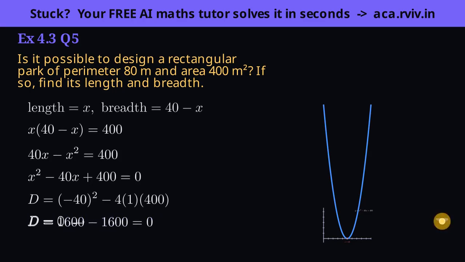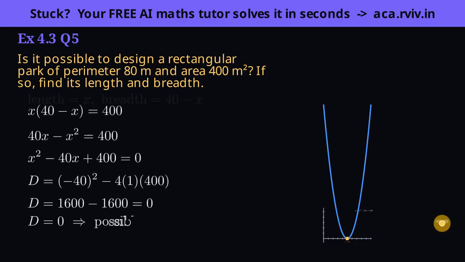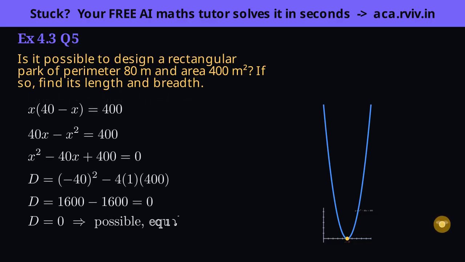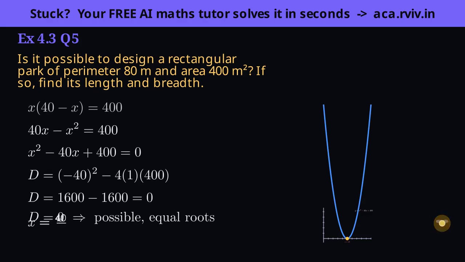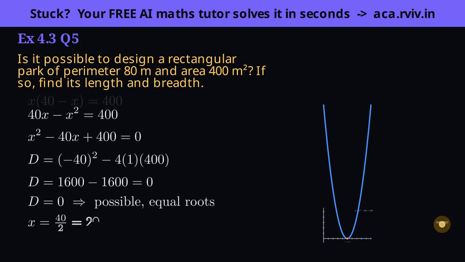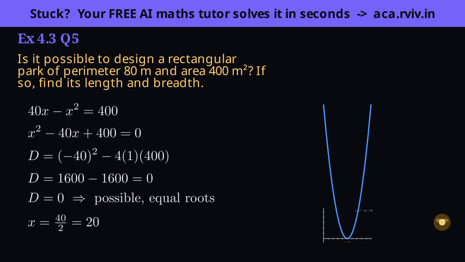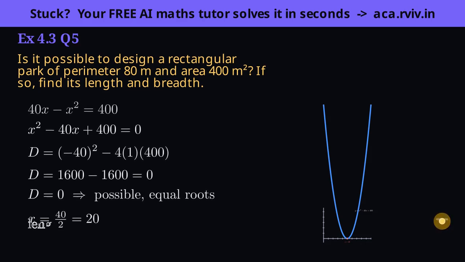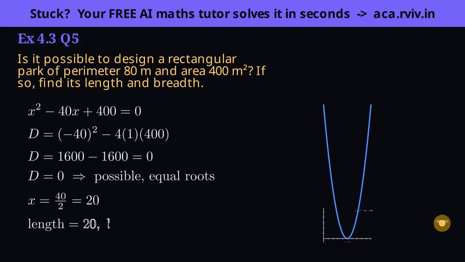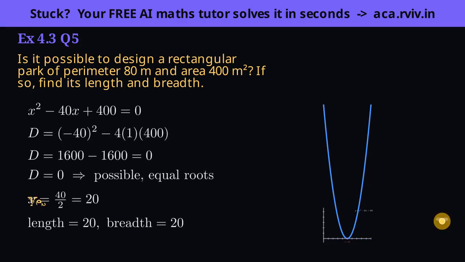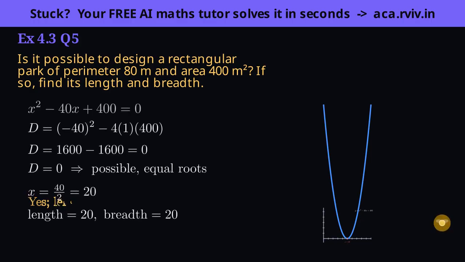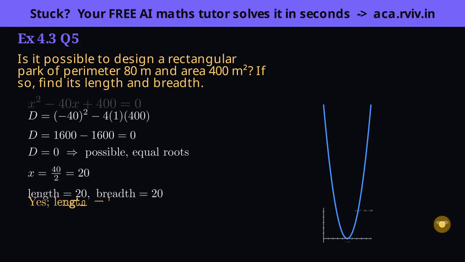A zero discriminant means real and equal roots exist, so yes, the design is possible, and equal roots hint the park will be special. With D=0 the single root is minus B over 2, which is 40 over 2, giving x equals 20. Then breadth is 40 minus 20, also 20, length equals breadth, so this park is actually a square. A neat interpretation, a zero discriminant gave a single repeated dimension, so length equals breadth and the park is a